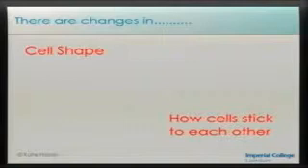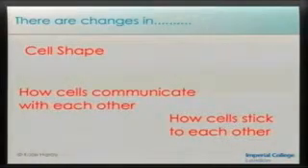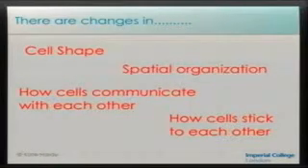So what I'm interested in is there are changes in cell shape in both embryos and early follicles. There's changes in how cells stick to each other, changes in how cells communicate with each other, and another thing that I'm very interested in is the spatial organization within tissues, how different parts, different structures in a tissue actually communicate and influence each other. So I'm going to start